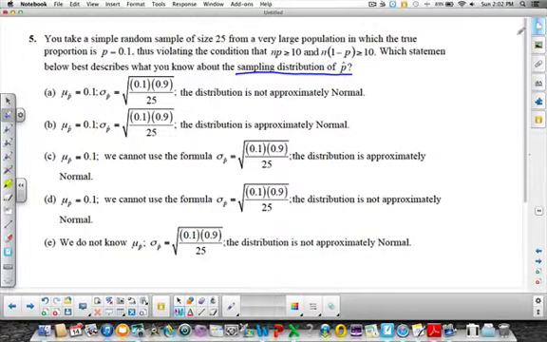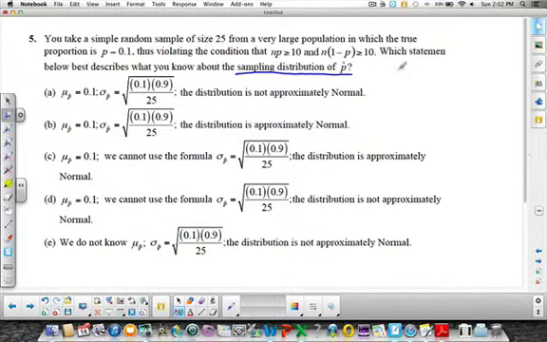So if you go back to your conditions for creating a sampling distribution for p hat, we see here that we don't really know how big the population is, but we know that the sample size is 25, and it tells me that it's a very large population. So I'm pretty sure that my sample size is less than 10% of the population, just because it tells me it's very, very large. Because that is true, I am allowed to use my formula for standard deviation of p hat,